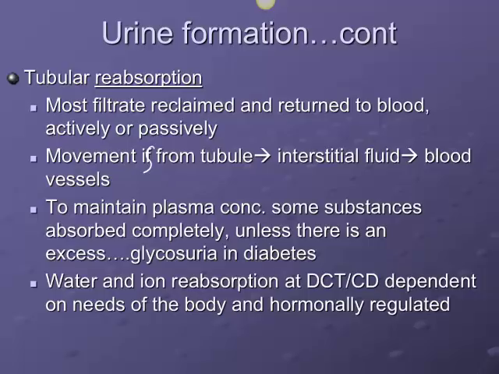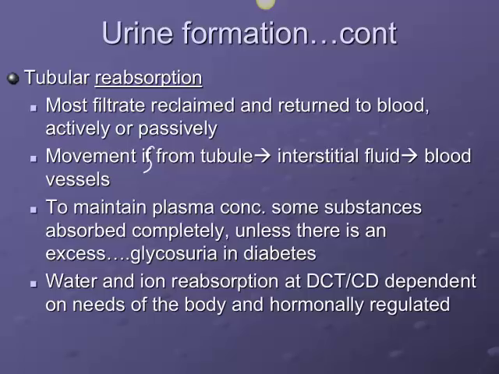One example is glucose. When you eat food and it gets digested, and the starch and everything is broken down into glucose, that is absorbed in your gastrointestinal tract, goes through the circulation to the liver and everything, and then comes back through the blood to get filtered. All that glucose which is filtered, your body needs that glucose. It cannot afford to waste it. So all of the glucose is reclaimed in normal people, and it uses something called transporters. Imagine little taxis sitting there which will ferry glucose